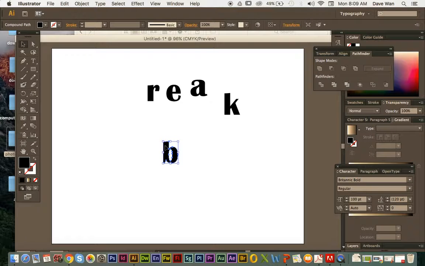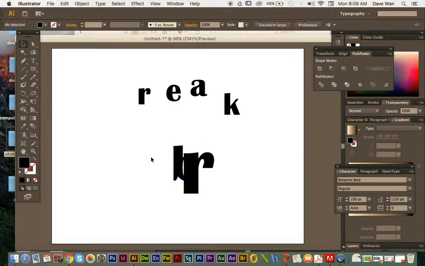So maybe I might put this R here, the B here. Remember, you want to utilize copy and paste. So if you click on the word, you hit Command C, then Command V to paste. Command C is going to copy, Command V as in Valentine is going to paste. You can make copies of those words and play around with them, kind of combine them together. Well, you might not want to combine words, but maybe you might want to do something like